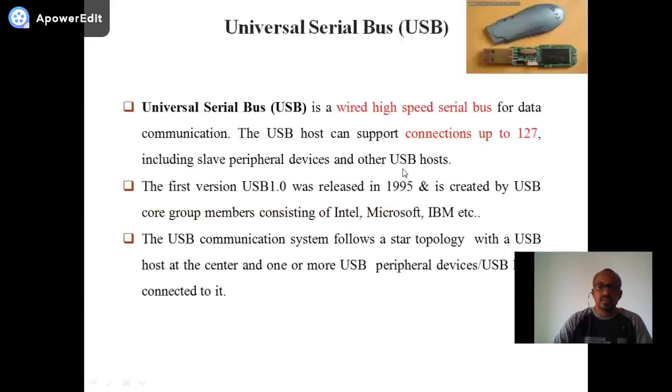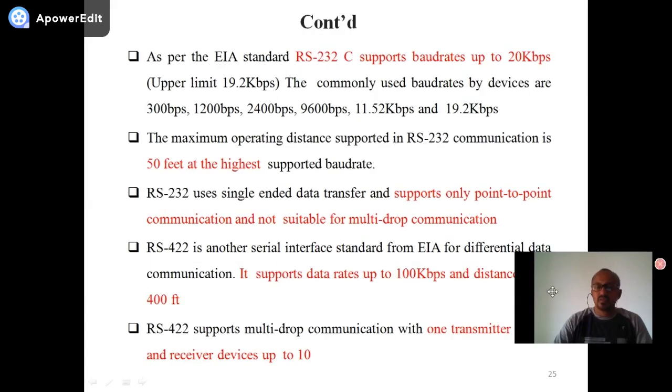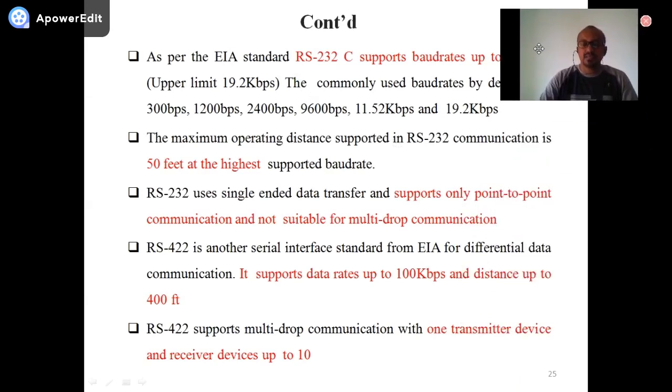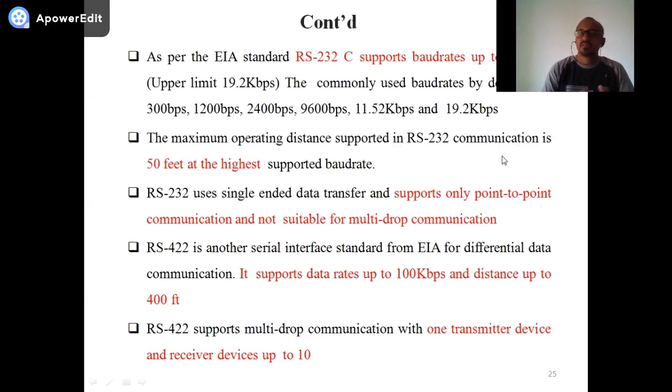So RS-232 supports a baud rate up to 20 kbps. Commonly the baud rate is around 300 bps, 1200 bps, 2400, 9600 bps, or around 12 kbps, 20 kbps. The maximum operating distance of RS-232 is 50 feet at the highest supported baud rate. It supports only point-to-point communication,